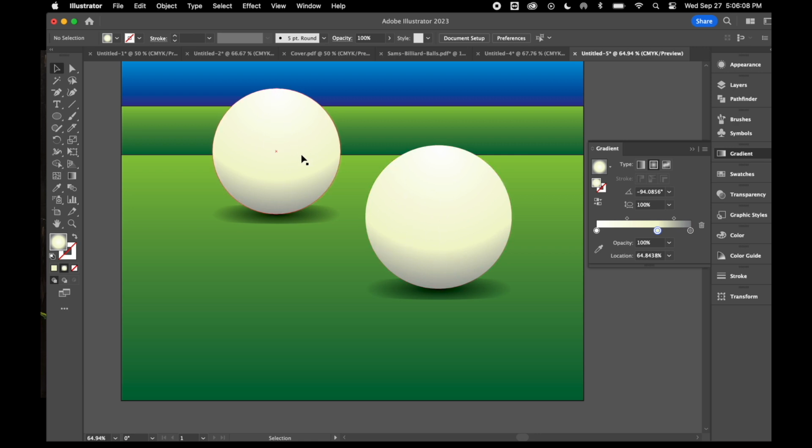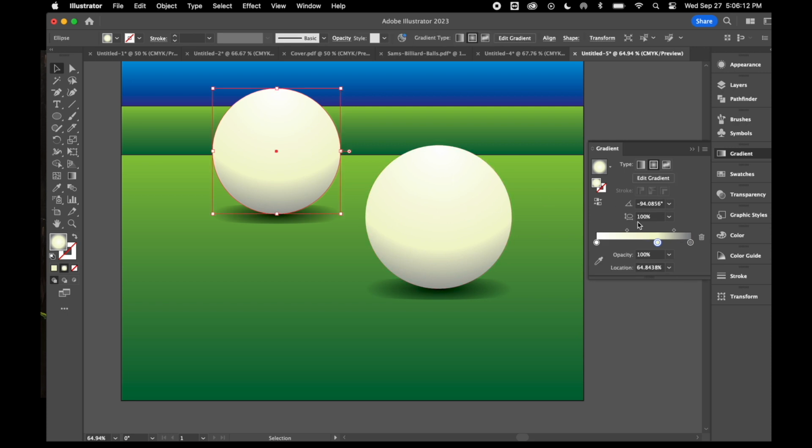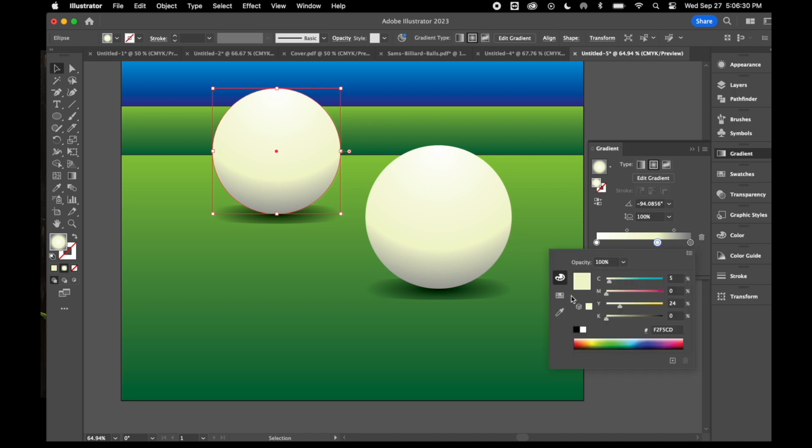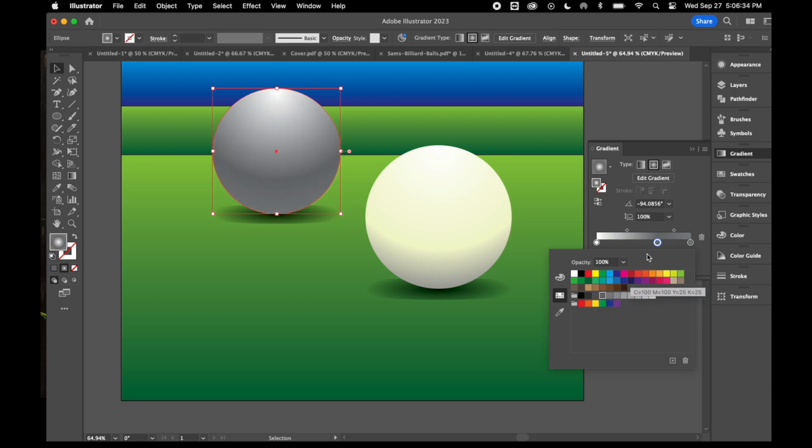We need a different ball, so maybe we'll make a number 8 ball, as everybody likes a number 8 ball, or maybe they don't, but 8's a common type of ball. So we're going to make that one. I'll click on this circle and open my gradient tool again. We're just going to change a couple of colors. I'm going to switch this one to kind of a dark gray, and I'll switch this one